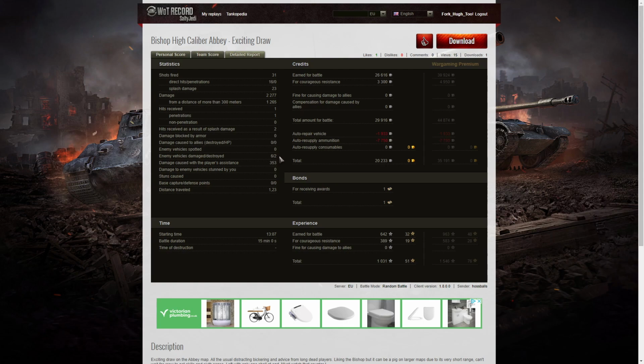6 enemy vehicles damaged, 2 killed, and 353 hit points of damage assistance. He earned 26,616 credits on a free-to-play account, got 3,300 for Courageous Resistance. That's for getting an epic medal or a battle hero. In this case it was a battle hero, it's the high caliber. So his total, 29,916 credits, and after repair, ammunition resupply, took away 20,233 credits. He received 1 bomb for getting the high caliber, and 642 base XP, 389 for Courageous Resistance, and took away